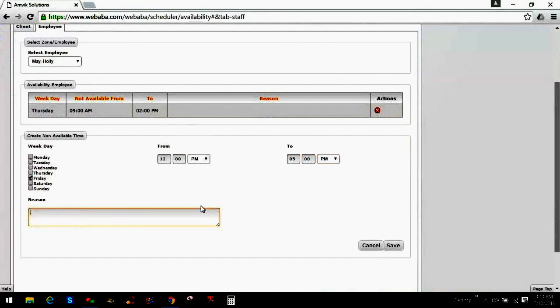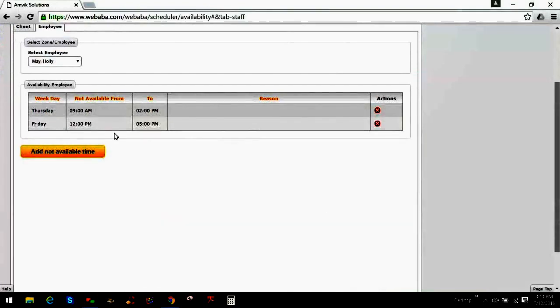Reason, maybe they have school, college, whatever it may be. Type the reason if you want it to display there. If not, you can go ahead and just hit save, and that will update it. You'll see it automatically updated that for us. So very simple to add client non-availability time, either short-term or long-term, as well as your employee non-availability time. So it's very helpful for part-time